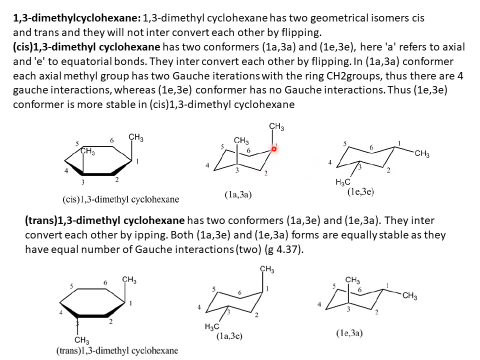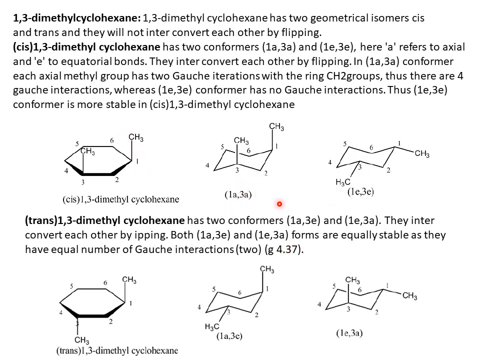We have already discussed that when you have an axial methyl group, we have two gauche interactions with the ring CH2 groups. Here also there is an axial methyl group, so there are two gauche interactions. Thus there are four gauche interactions here. Whereas here the CH3 groups are in equatorial position. This equatorial CH3 has no gauche interaction with the ring CH2 groups. Similarly, this CH3 has no gauche interaction with the ring CH2 group. There is no gauche interaction in the 1E 3E conformer, and this will be more stable than the axial